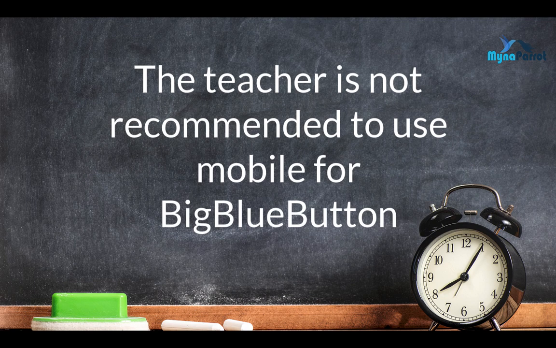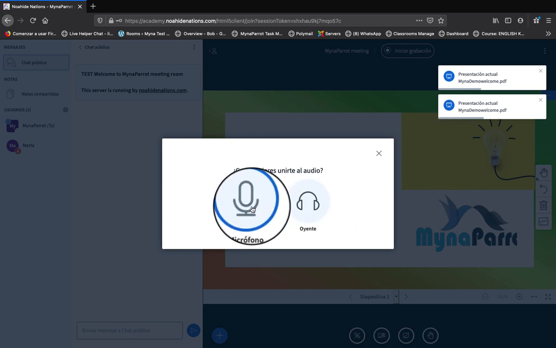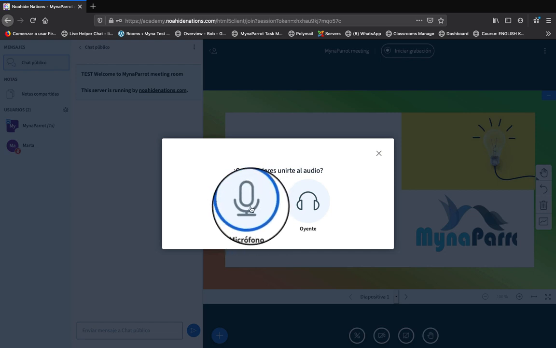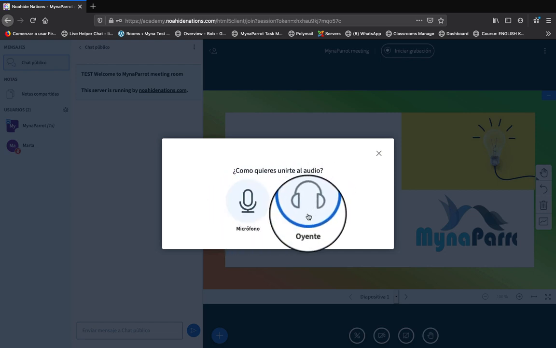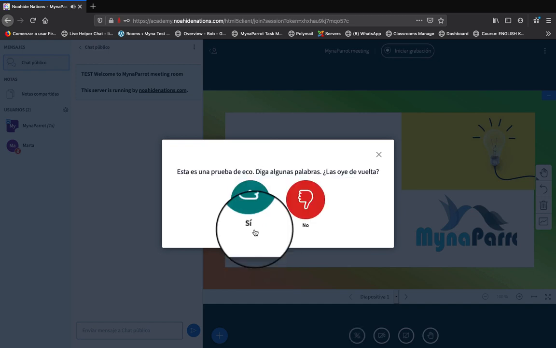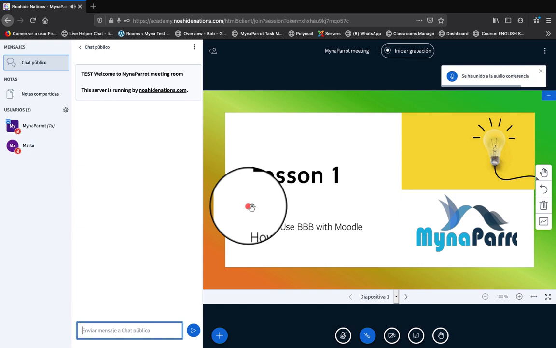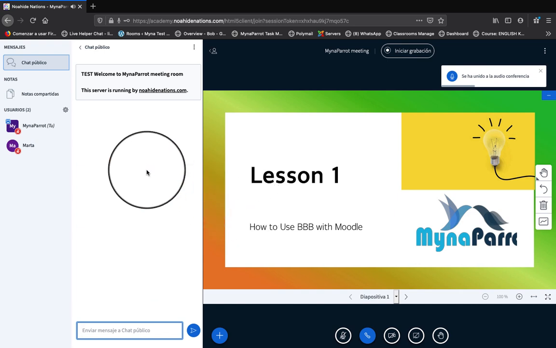Okay, now, let us get into the BigBlueButton session with Firefox browser for a demo. First thing, after you start to load the BigBlueButton meeting in your browser, you'll be asked to select the audio options. I can join listen only, but I'm going to join with microphone. I click it. BigBlueButton puts me into an echo test, which just lets me check my audio. Okay, all good, and I am in the live BigBlueButton session now.